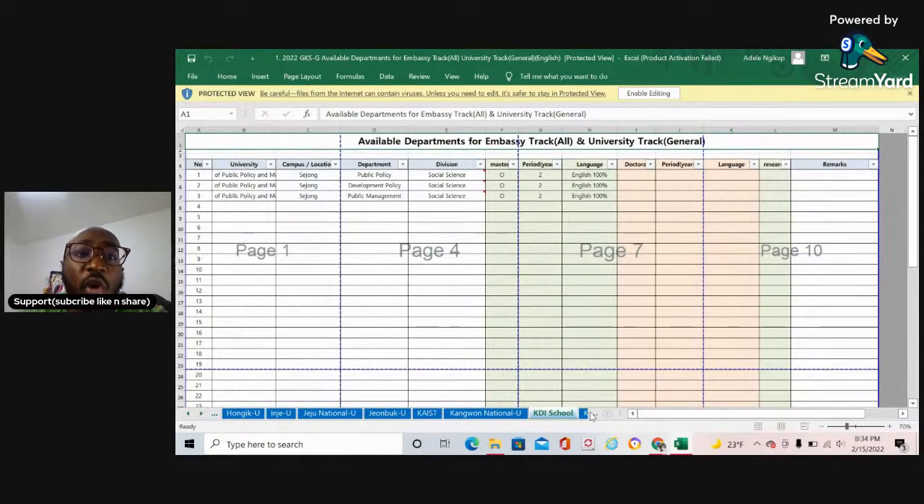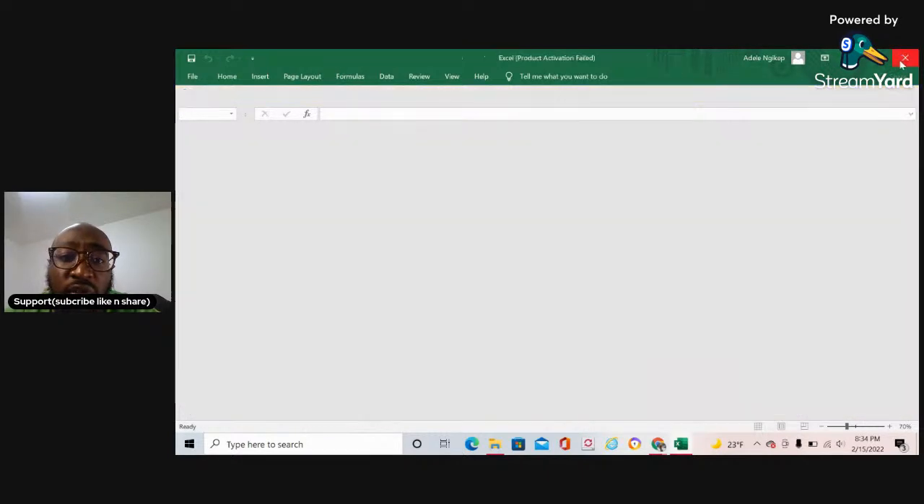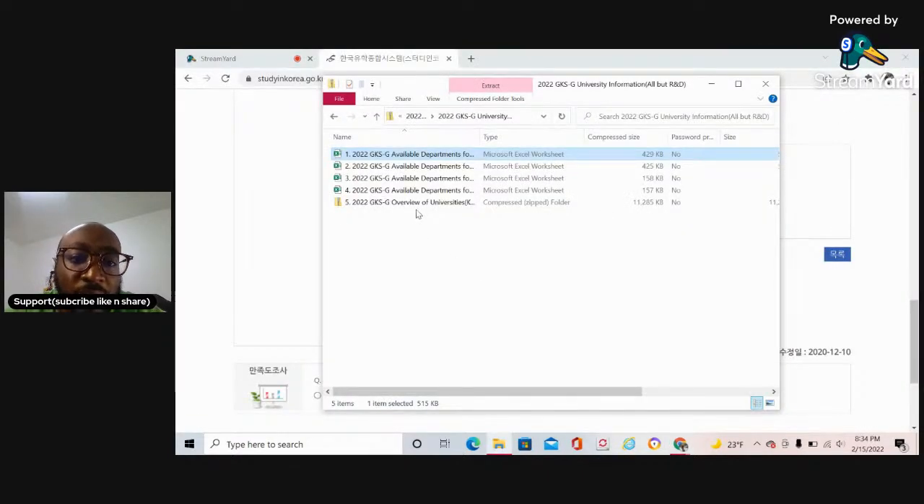So this is for all the departments for embassy tracks. So these ones are available departments for embassy track. So the list of universities has been going here. These are departments for embassy and university track general. So for embassy and university track, these are the list of universities you can go through. Then